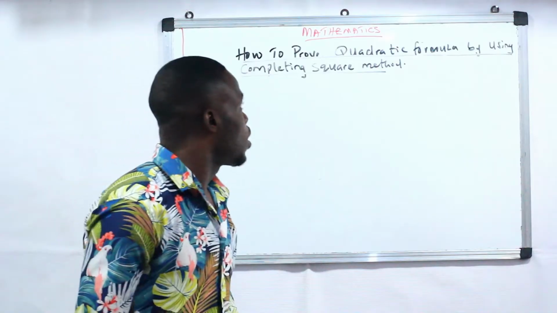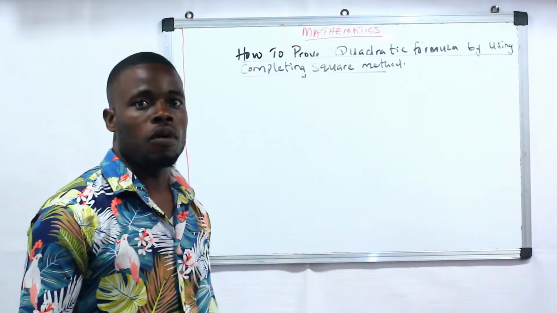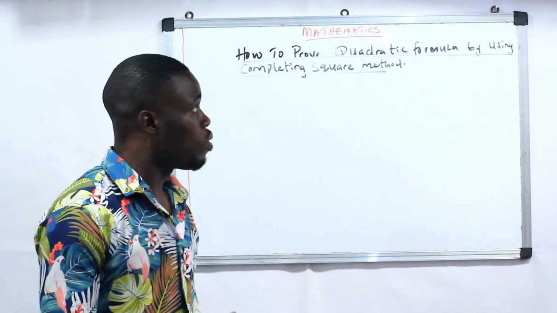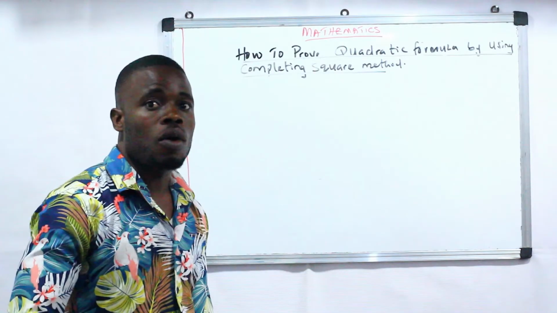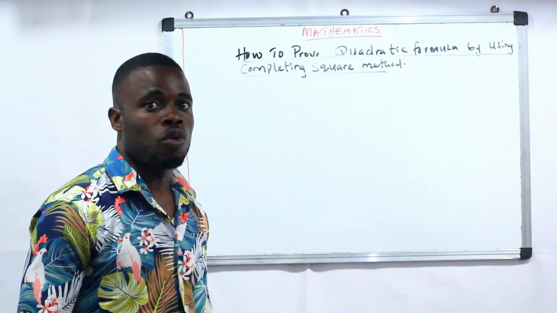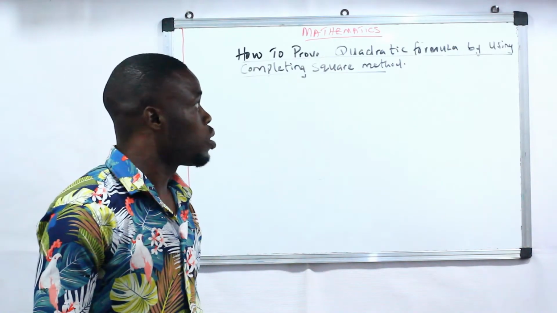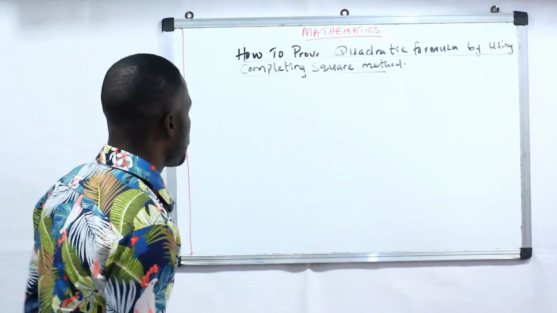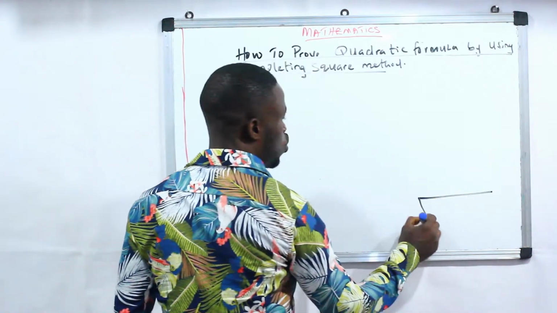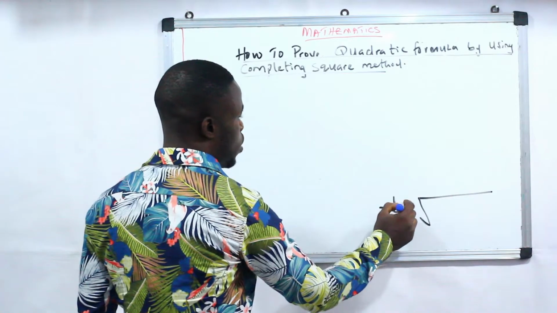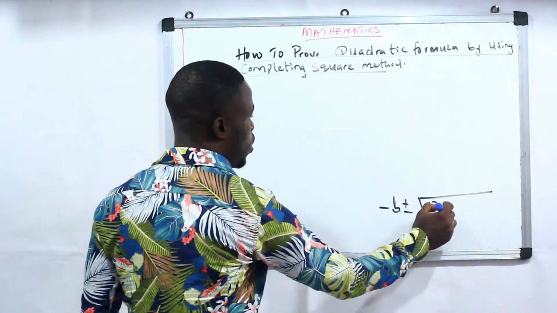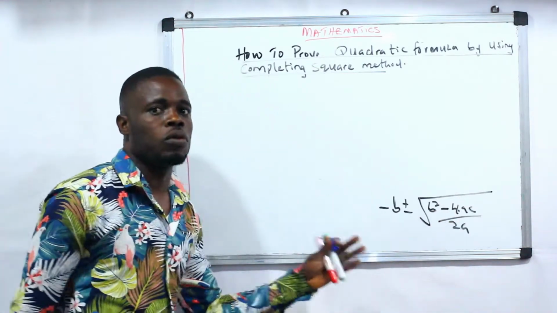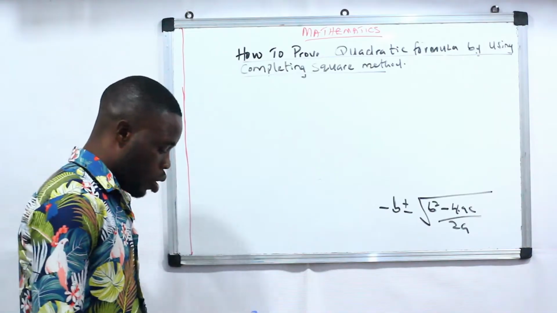Today we'll be looking at how to prove the quadratic formula by using the completing square method. This is one of the major problems students have in deriving the quadratic formula, which is usually known as the almighty formula. To prove this, what we are asked to prove here is x equals minus b plus or minus the square root of b squared minus 4ac, over 2a. This is what we are asked to prove